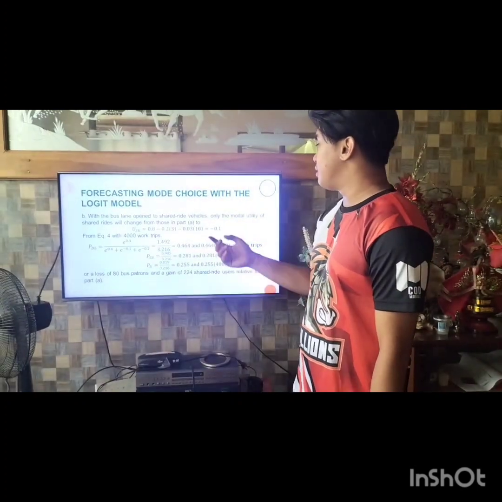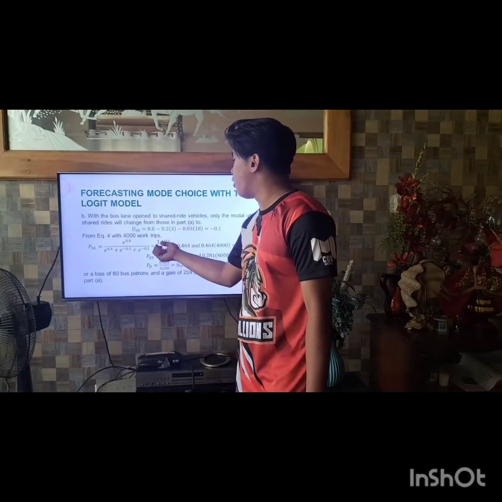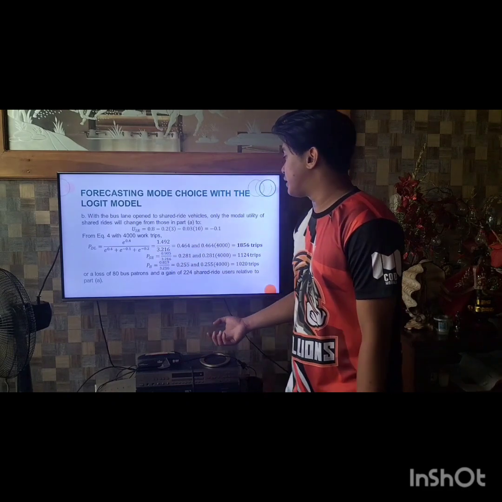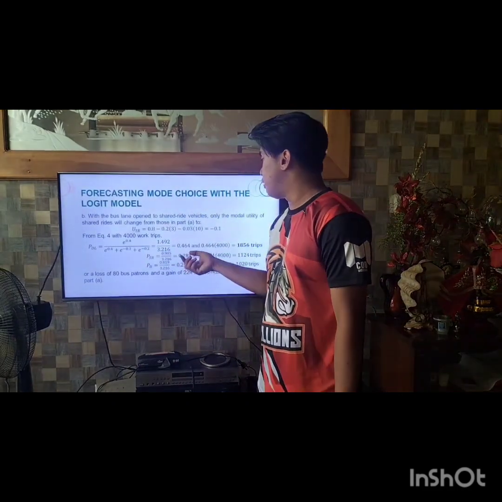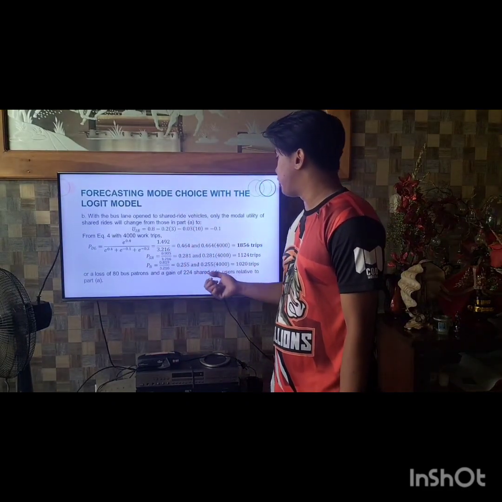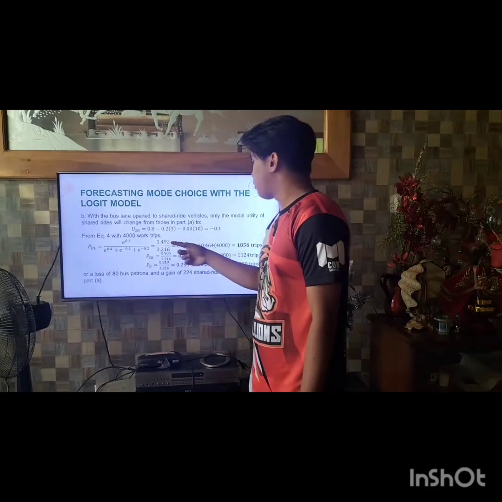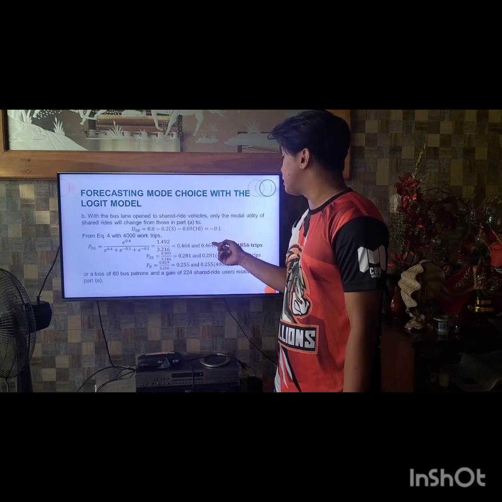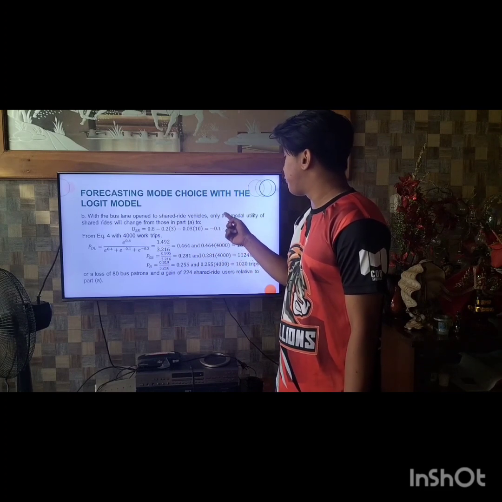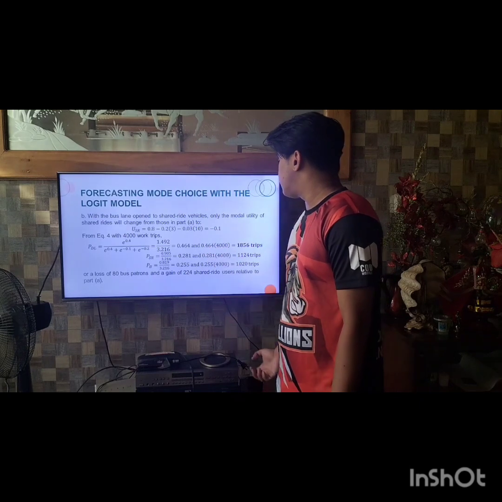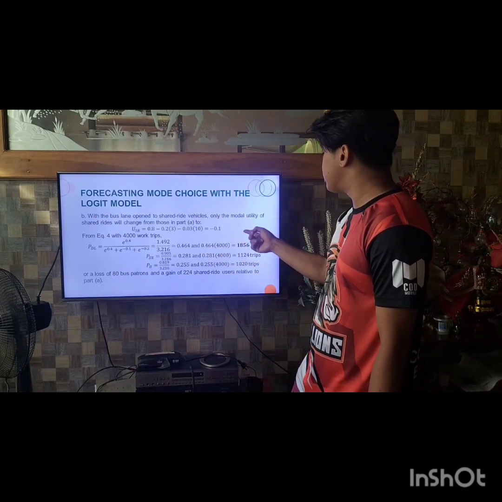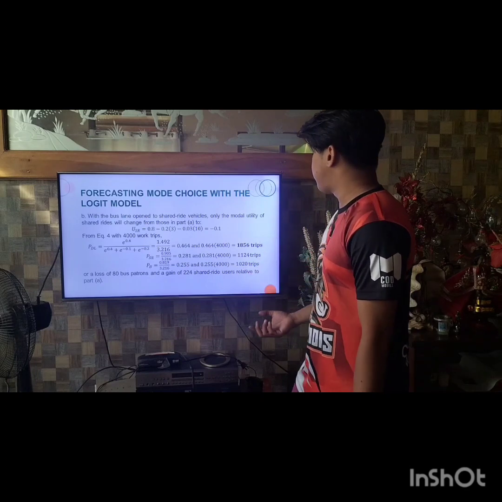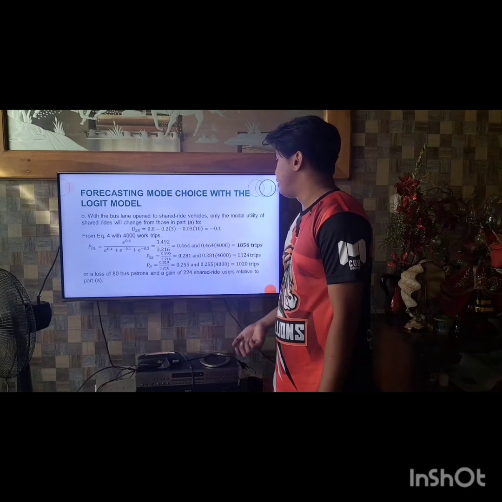P sub DL is equal to e raised to 0.4 over e raised to 0.4 plus e raised to negative 0.1 plus e raised to negative 0.2, which is equal to 1.492 over 3.216, which is equal to 0.464, and 0.464 times 4,000 is equal to 1,856 trips. And P sub SR is equal to